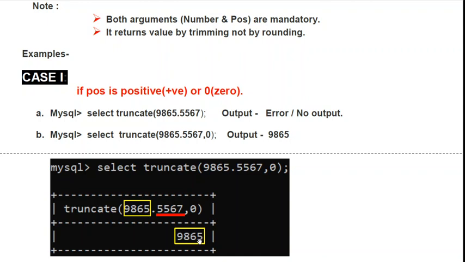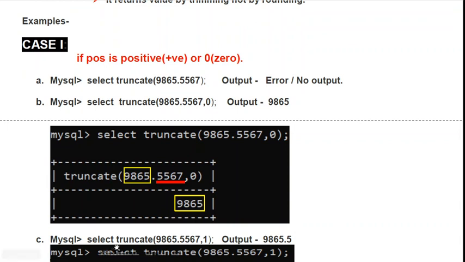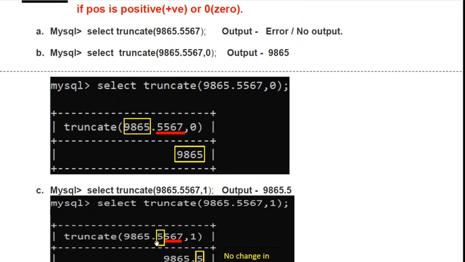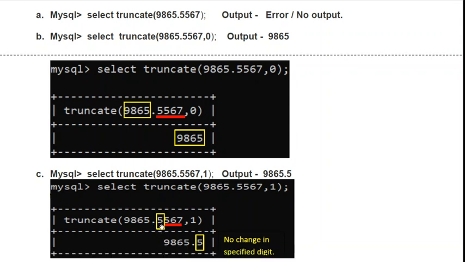Now next example, select truncate 9865.5567 comma 1. 1 means first place, just after the decimal, on the right side, that is 5.